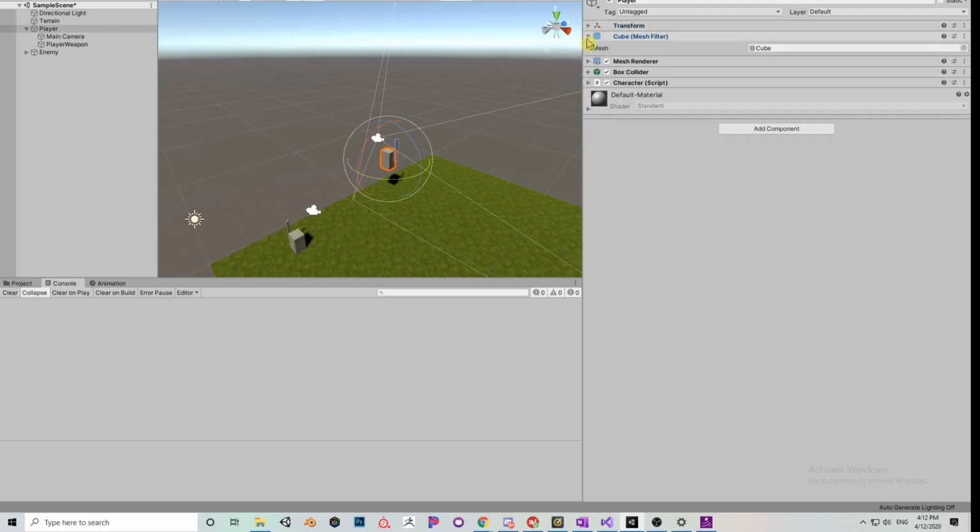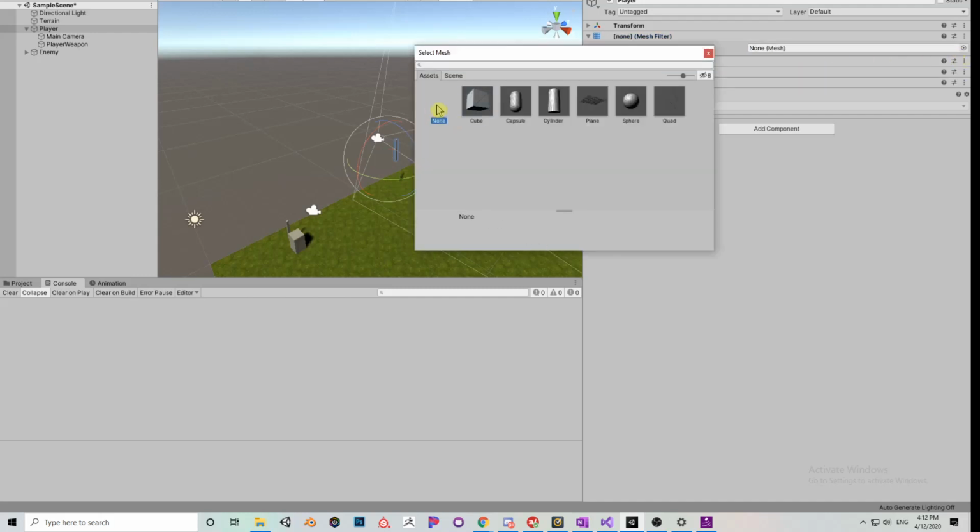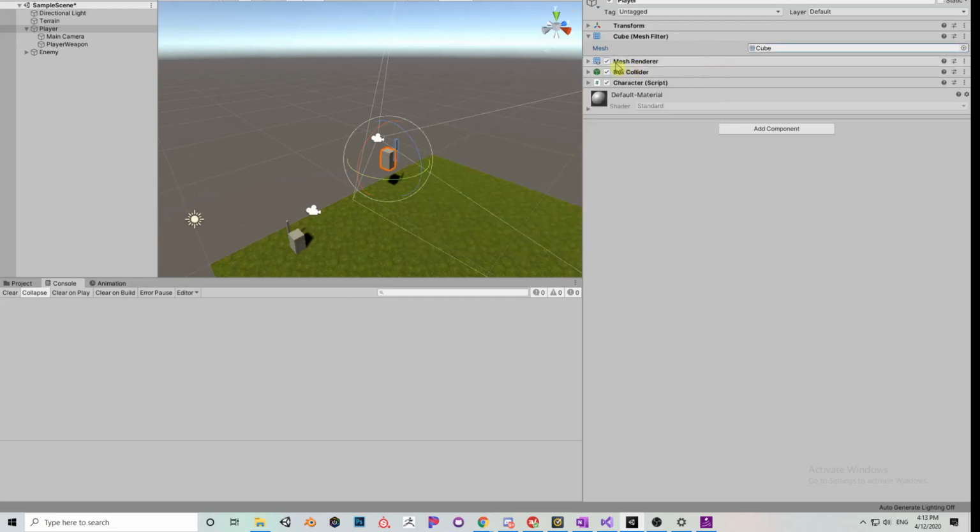So there's that, the cube mesh filter. I'm just going to quickly go through some of these because not all of the explanations I'm giving will make a whole lot of sense until we get into some actual coding. So the mesh filter describes the shape that the object has. If I turn it off, it has no shape. Pretty simple. It's the geometrical shape that the object has. The mesh renderer is what renders the mesh. So that's pretty simple. If you turn it off, it's not going to be there. Now the box collider